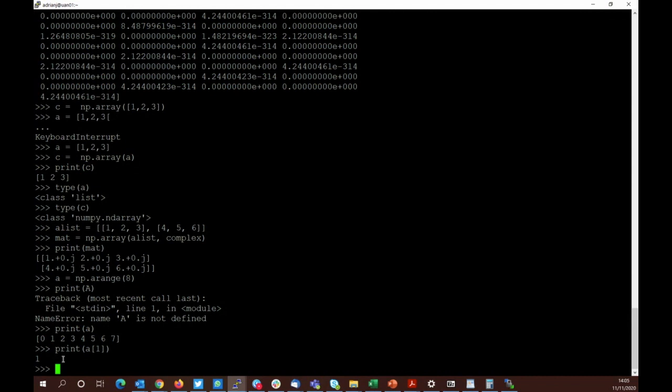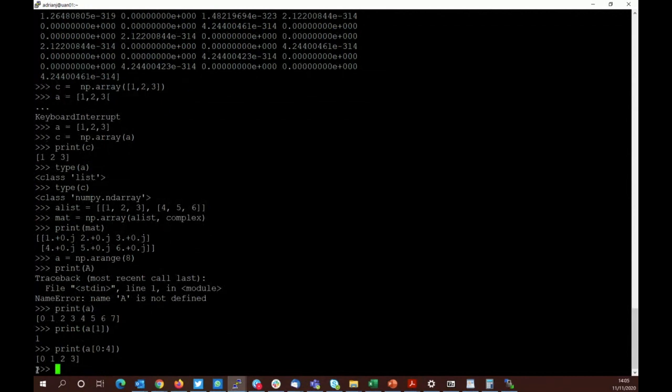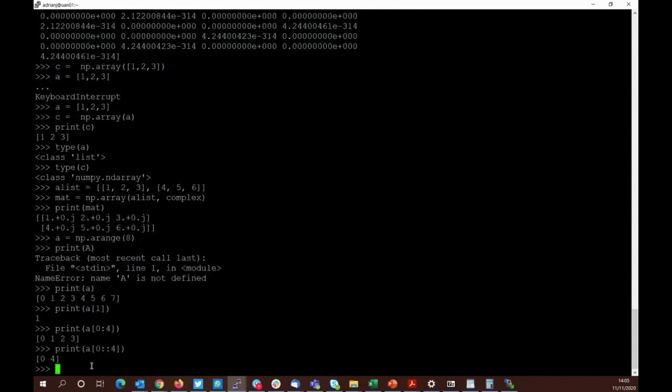Okay, and I can also print out ranges. And so I can say print A from the first element of A to the 4th element, but exclusive, so don't include the 4th element. It'll print out 0, 1, 2, and 3. And I can also get it to print out sort of ranges. So what's the top and bottom end of those elements? Now this is a little bit of a rubbish example because my entries in the array are the same value as the indexes. But if I created